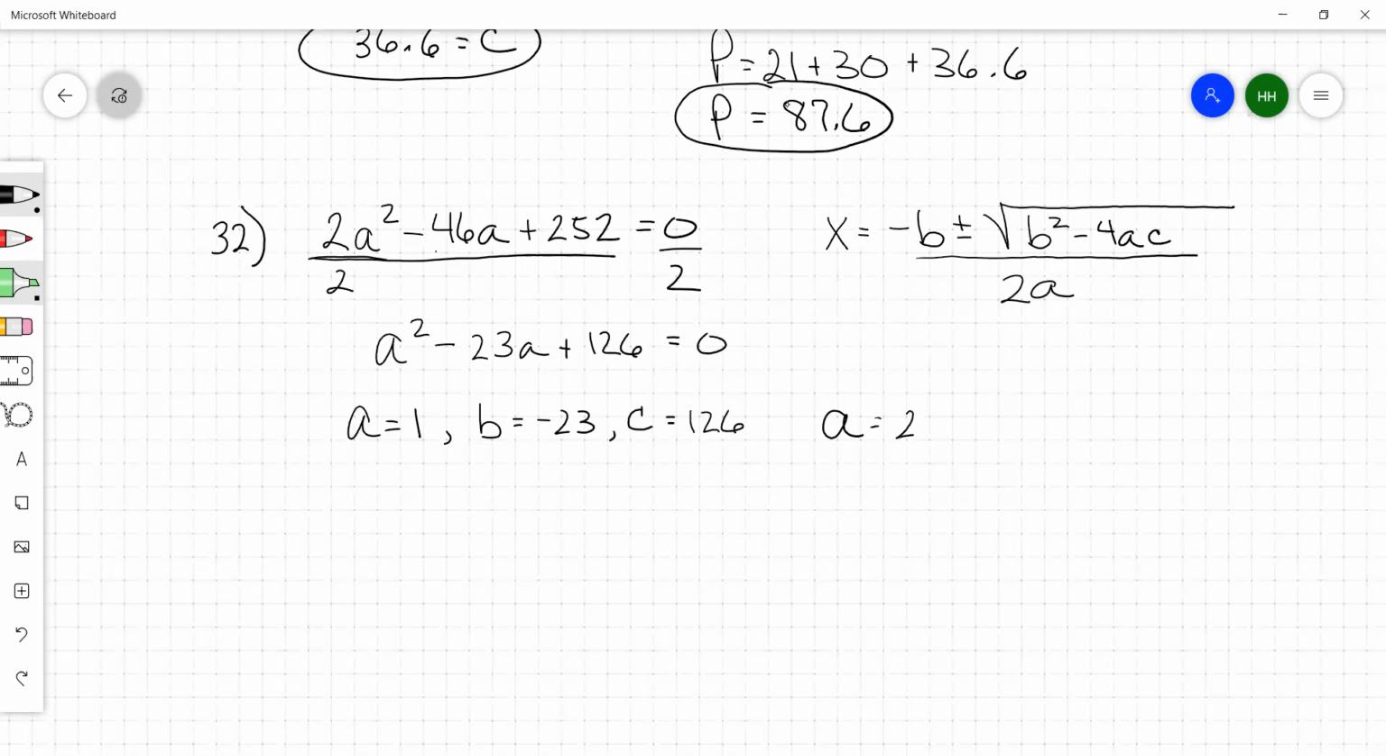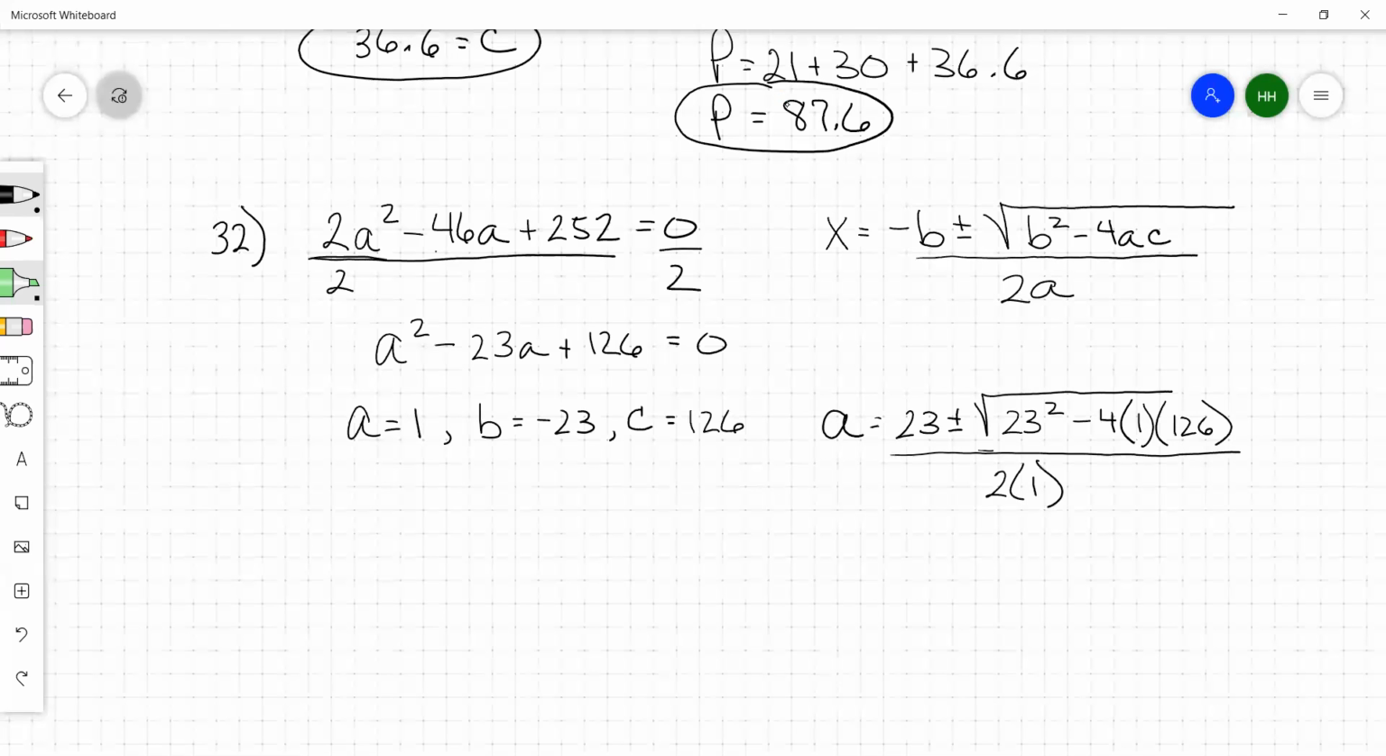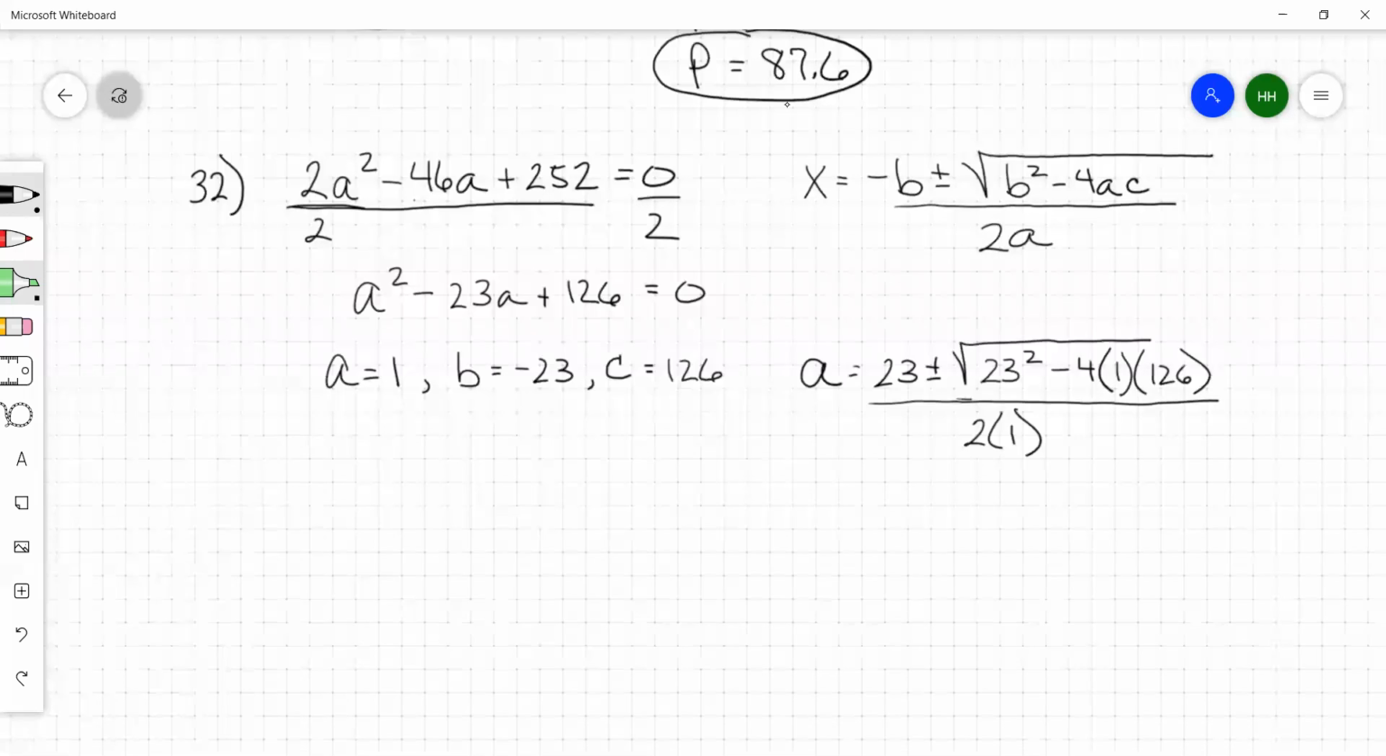It's going to be equal to 23 plus or minus the square root of your b squared. So that's 23 squared minus 4 times your a value, which is 1, times your c value, which is 126. And all of that gets divided by 2 times a, which is 2 times 1. So then to finish this up,